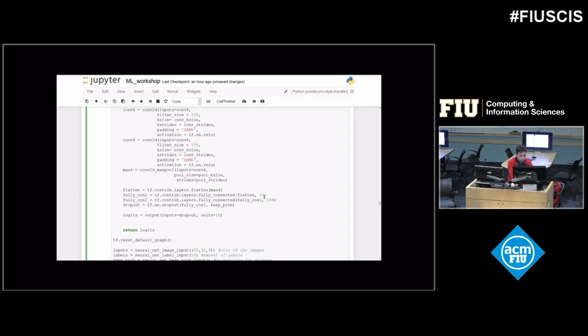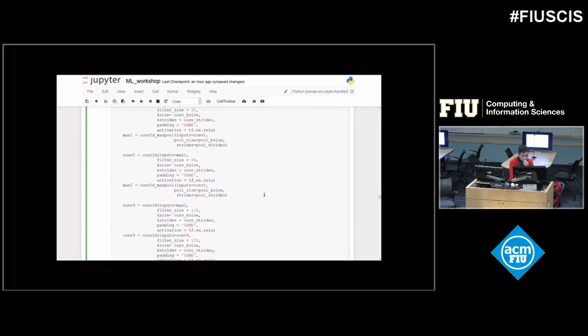I'm also going to increase how much the last layer is going to learn on.